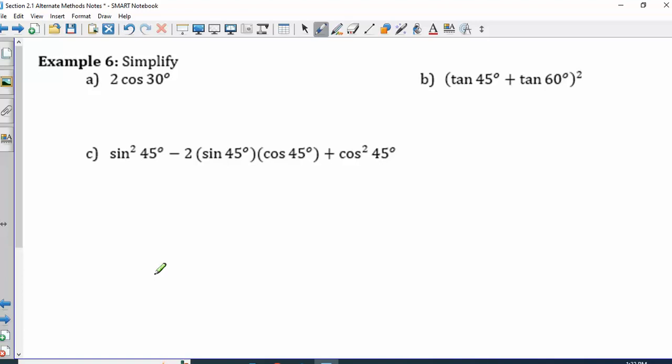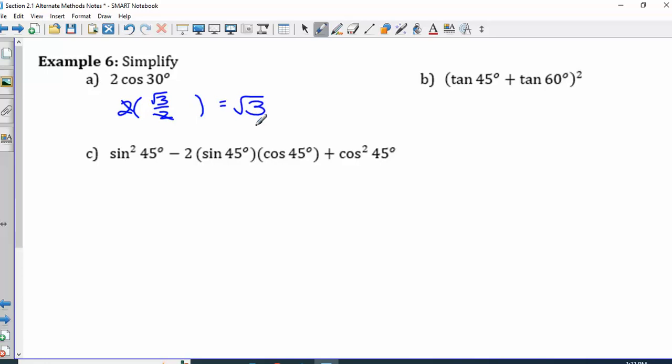So that means we are going to do 2 times cosine of 30. So I could look at my table or I'm just going to practice using my trick. So I fold in my 30, cosine's the bottom, so square root of 3 over 2, and we get